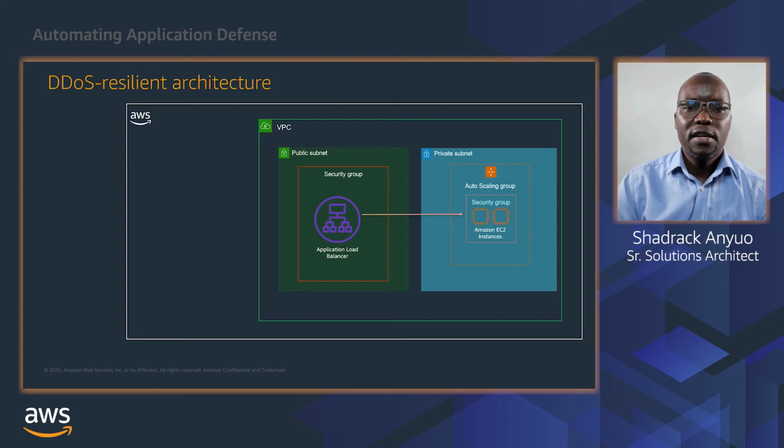With this architecture, you also deploy an application load balancer that functions at layer 7 and offers a single point of contact for clients, as it distributes incoming application traffic across multiple targets controlled by an autoscaling group. This architecture helps you to mitigate both infrastructure and application layer attacks, as it allows you to operate at scale and also reduces the attack surface area, as it limits the opportunity for bad actors to target and access your applications directly. As is, this architecture represents two issues.